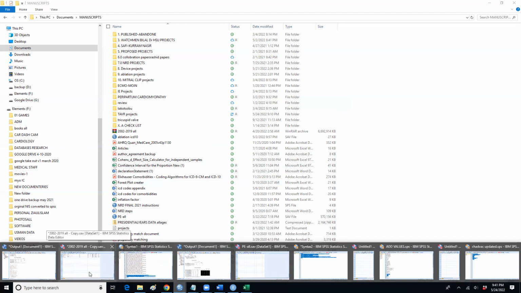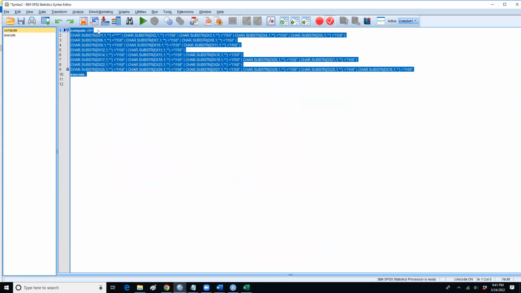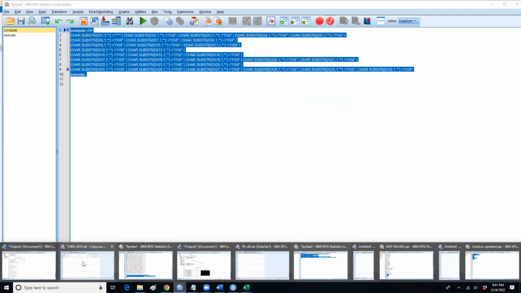So it depends on what you are doing. If you're just writing a compute code like here, you're creating a variable inside the data set. So it's going to appear inside the data set. So this is your